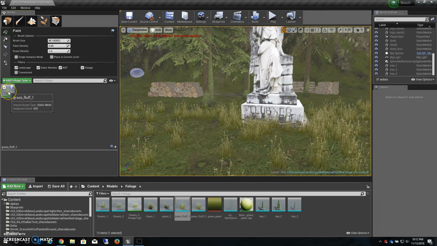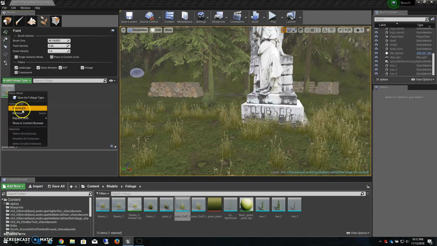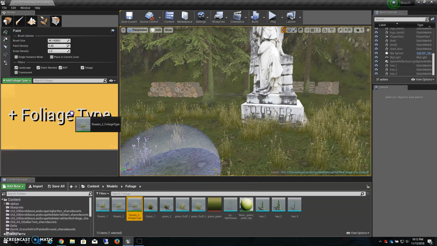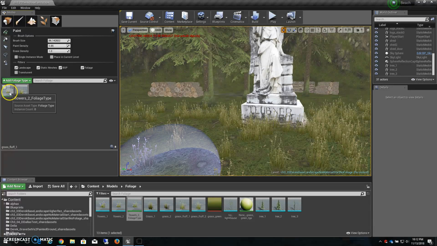Each one of these has, if I right click on it, I can say deactivate. And if I deactivate, I go back over here, notice that I cannot actually paint anymore. But if I right click and say activate, I can actually bring something else in. So let's say if I want to put some flowers in here. I'm going to drag the flowers in. Now if I have both of them in, notice that when I click,